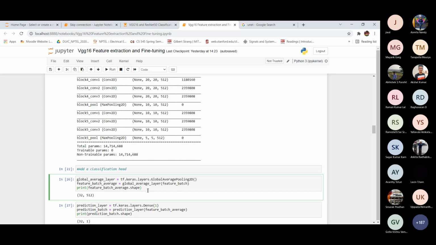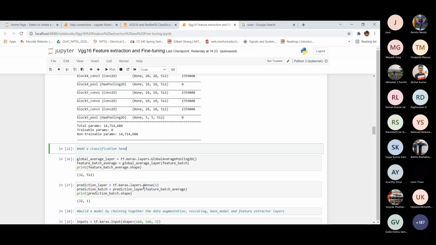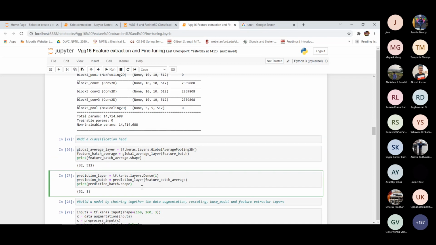In the classification head, we are making our 5 by 5 by 512 feature shape into a vector form, so it is 512 values in one vector, and 32 represents the batch size. Then for the dense layer, it basically predicts, so here we are doing the prediction.